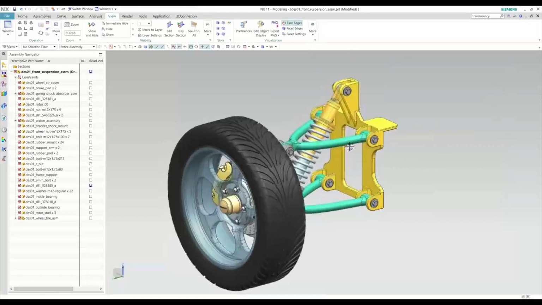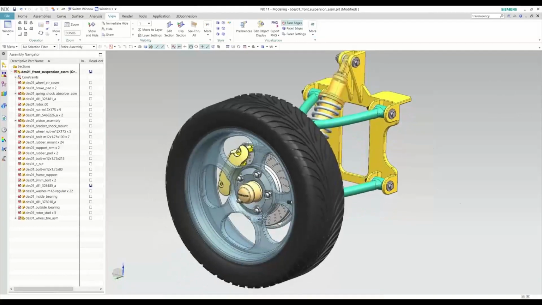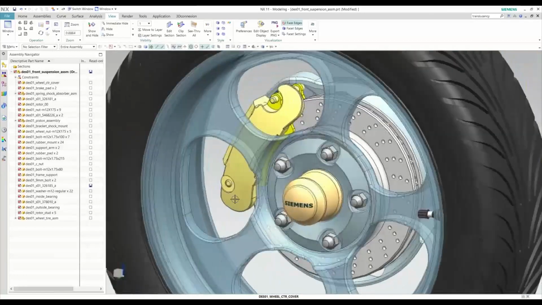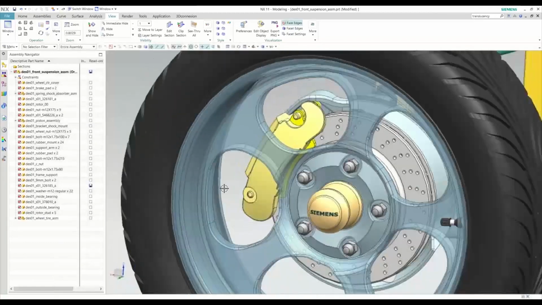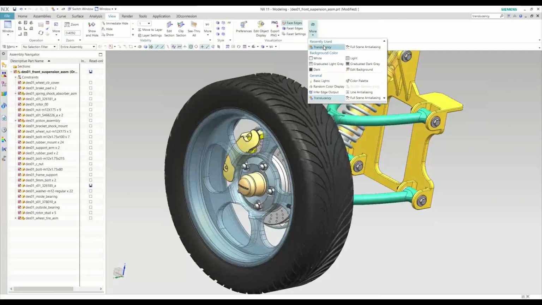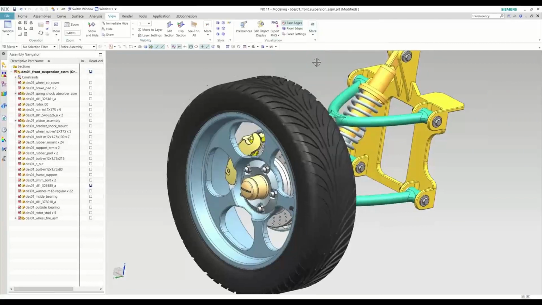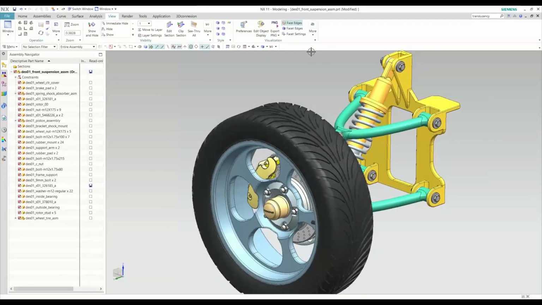So that's a quick way to quickly turn several components transparent. You can analyze and inspect some of the interfaces, check for clearances, and then turn them back off. Okay? But to be even more efficient, one step further we can take is customize our ribbon here